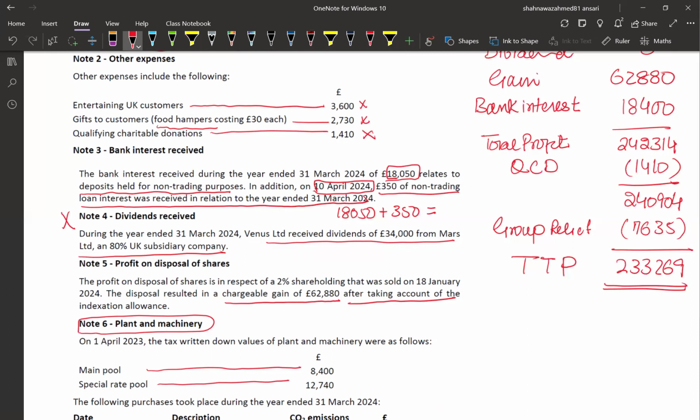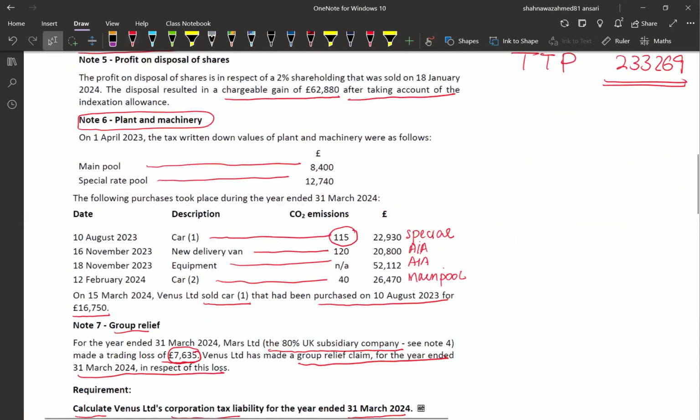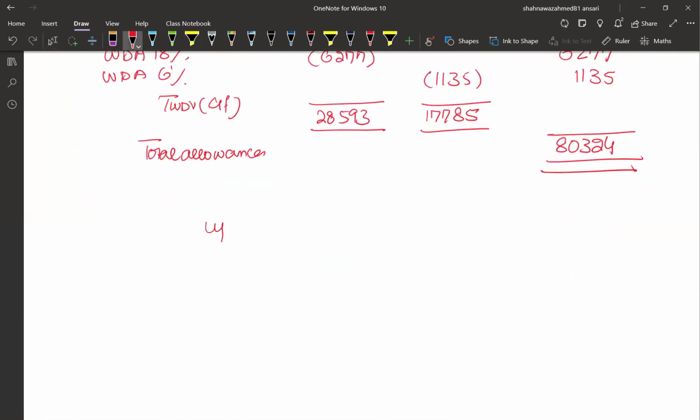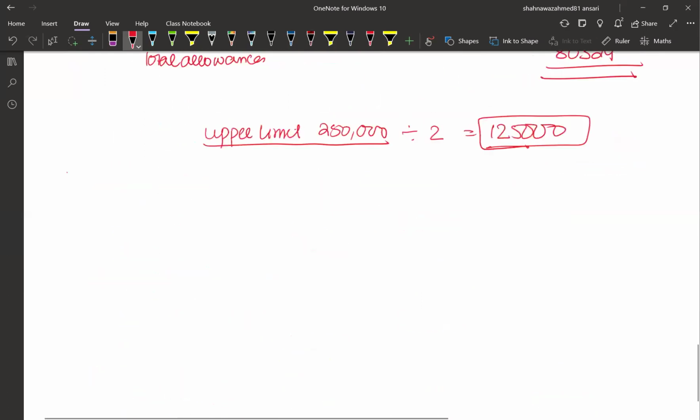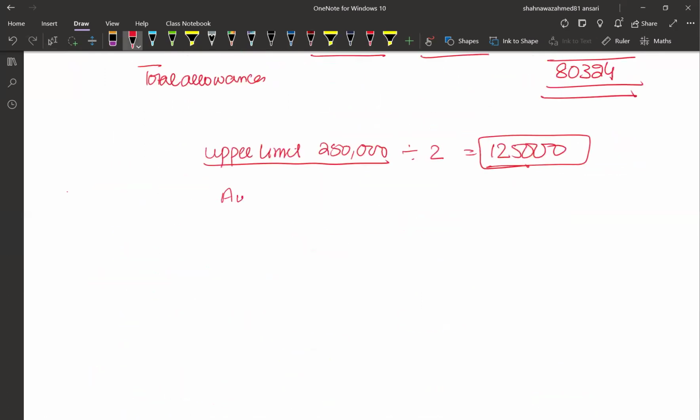Now we have to apply the tax rate, and we have to see what is the limit, because the upper limit is 2,50,000. Upper limit is 2,50,000, but we need to adjust this as there is a group company. So there are two companies, one is parent, other is subsidiary. So divide this by 2. So we have upper limit of 1,25,000. This is the upper limit. And as my TTP as well as augmented profit. So my augmented profit